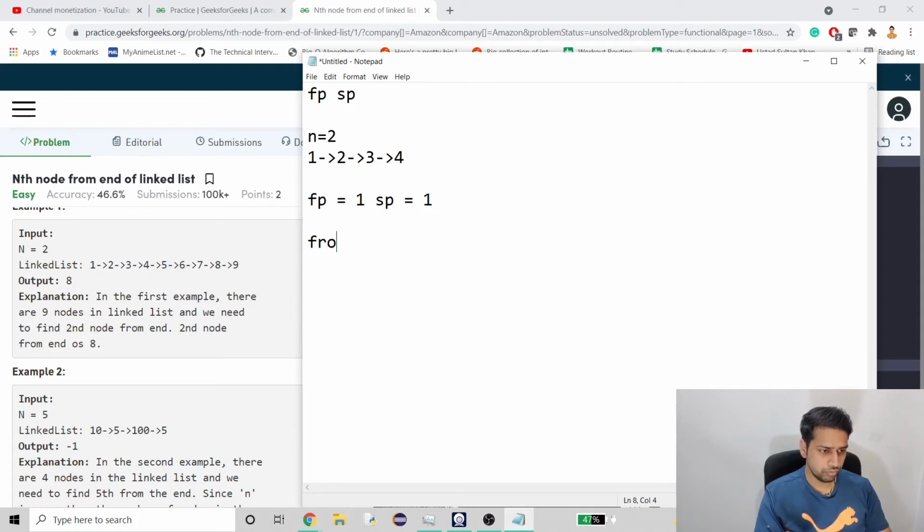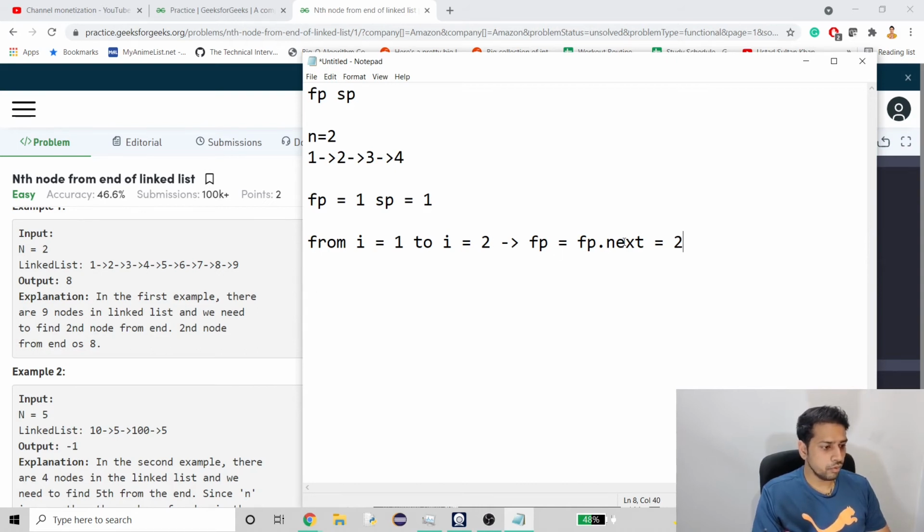So from i equals 1 to i equals n, which is 2, from 1 to 2 we are going to increment fp. So in that case we are just doing fp equals fp.next. That means when we are done iterating over this loop, our fp is going to be at 2, right?